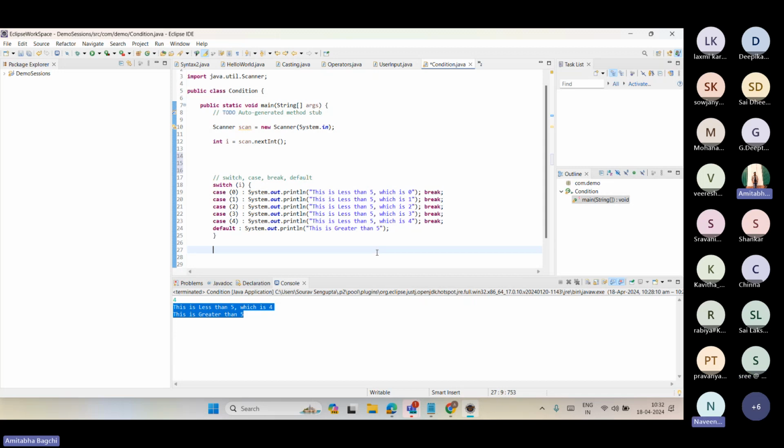Not really. That's what I said. If you have multiple conditions, this was a practical example. For the if else, you can compare and have the output based on the boolean, right? Like i greater than j, i less than j, someone's marks greater than 90, someone's marks less than 90, correct? And for the if else condition, one more thing was that whatever the condition's output, you don't have